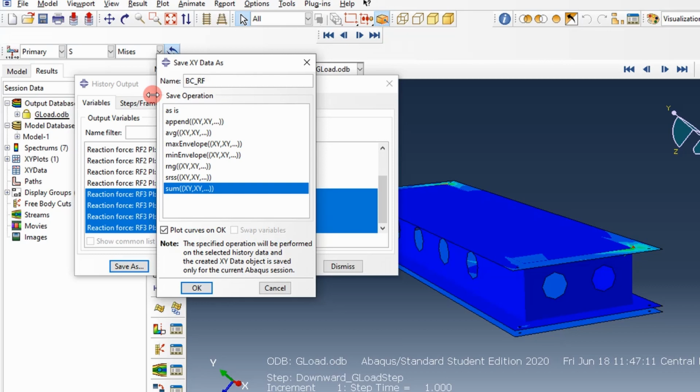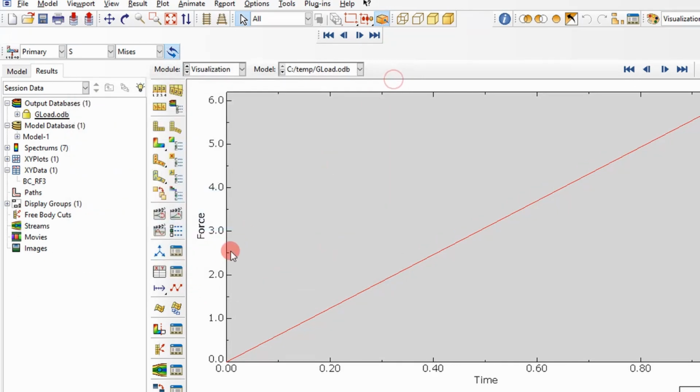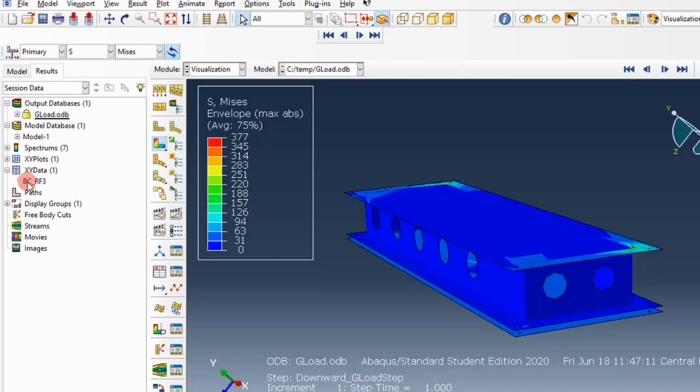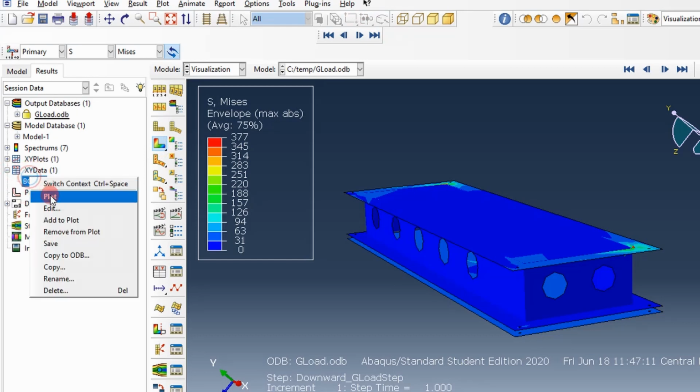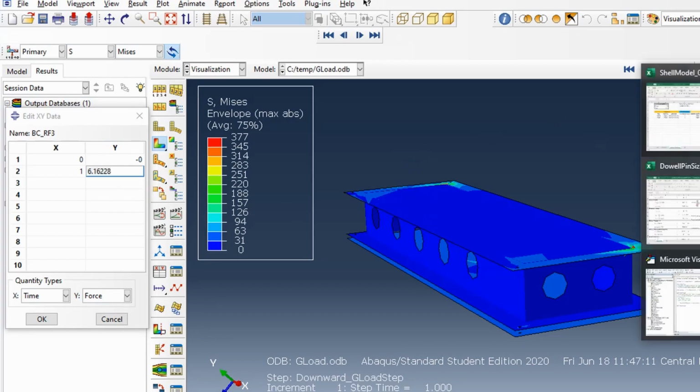And I'm going to name this BCRF3. And it'll return a plot. That's not really important, but it does return, in this XY data column, the data points. If you go to edit, it returns the sum as a total of 6.16 pounds force. So this is where I go into my post-processing,